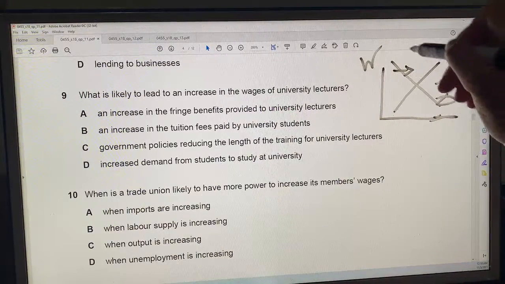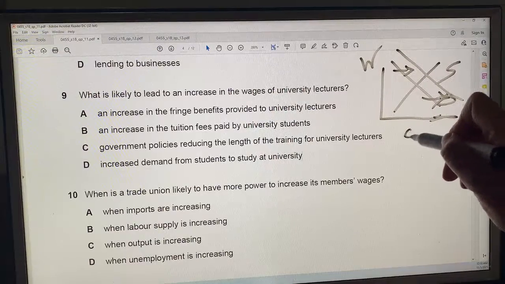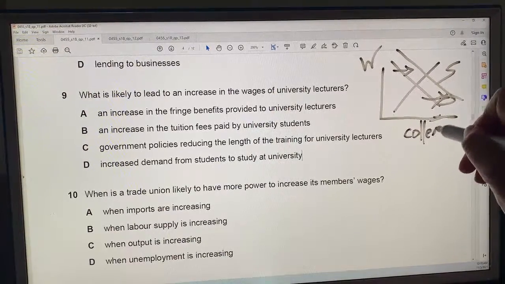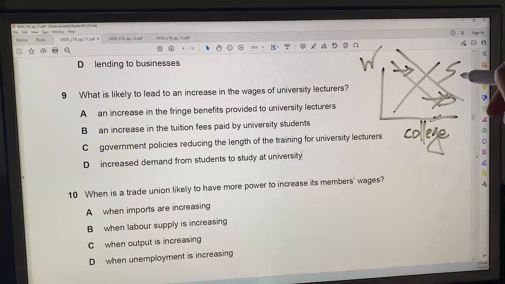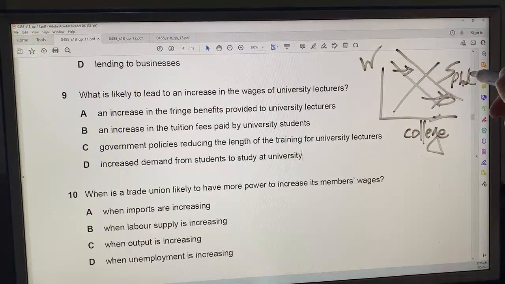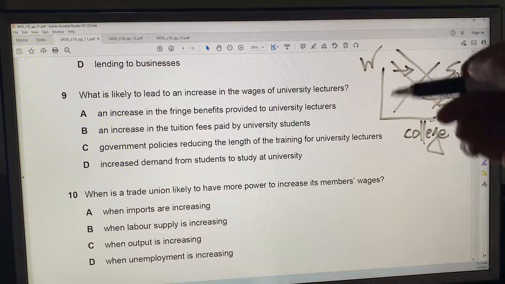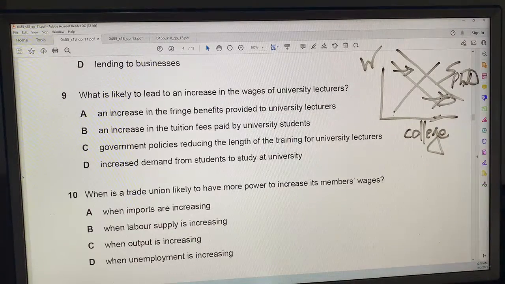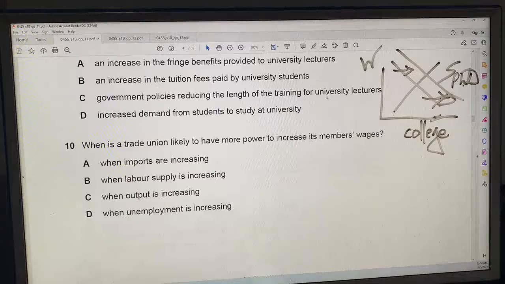So if there's an increase in the demand for the product, which is college lectures, for example, the supply is PhD, the doctor, right? Then that might increase wages. So the answer for 9 is D. How about